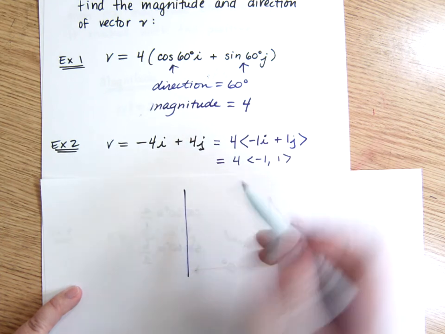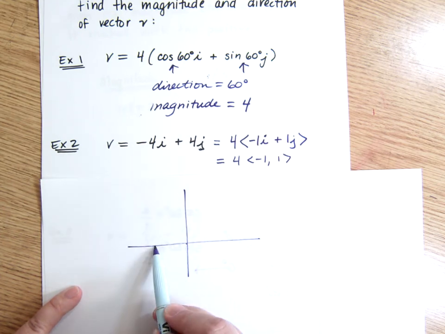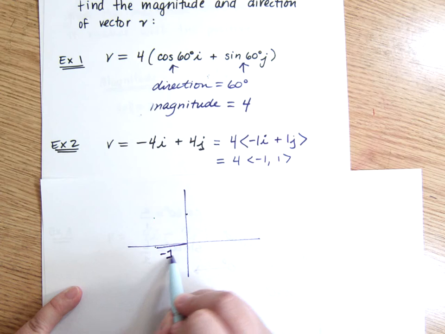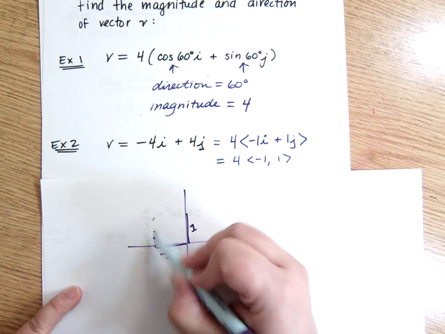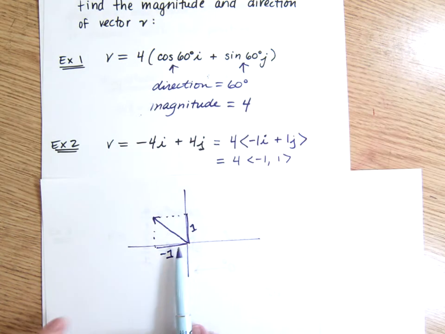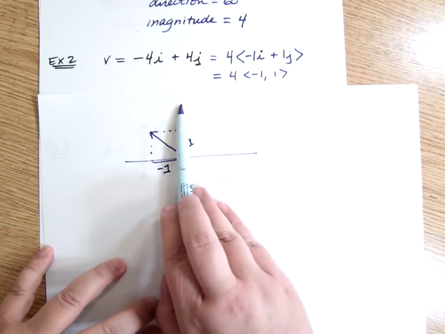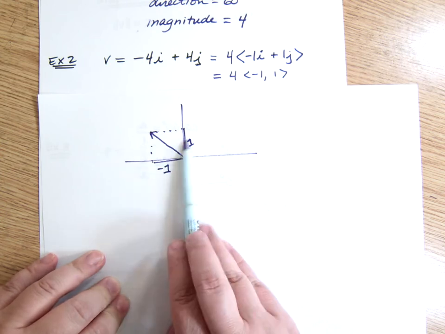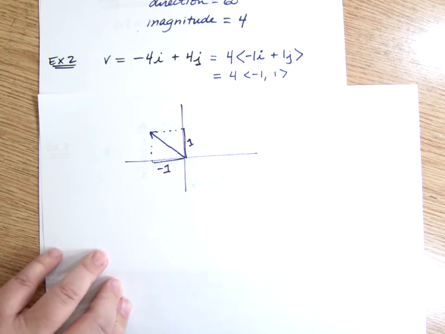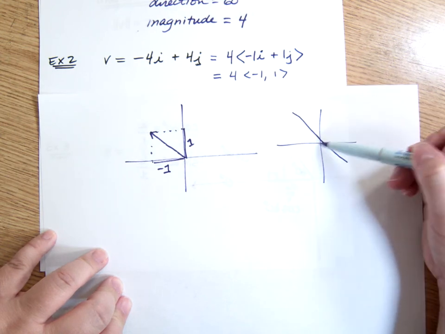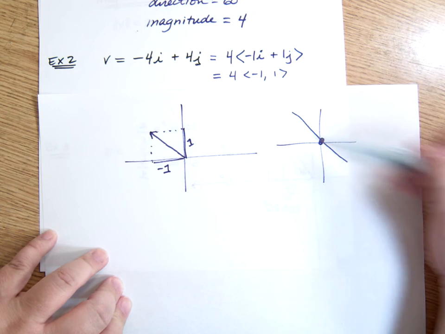Well, the direction, negative 1, 1: if you go negative 1 and up 1, we're going just as far to the left as we are going up. This is a nice little square. Mine doesn't really look square, but it is. So this is right in between the positive y-axis and the negative x-axis over here. It's exactly in between, because you're going over 1, up 1. Kind of like if I were graphing a line and I was going over 1, up 1, left 1, up 1, that would be a line with a slope of negative 1 straight through the origin in a perfect diagonal,